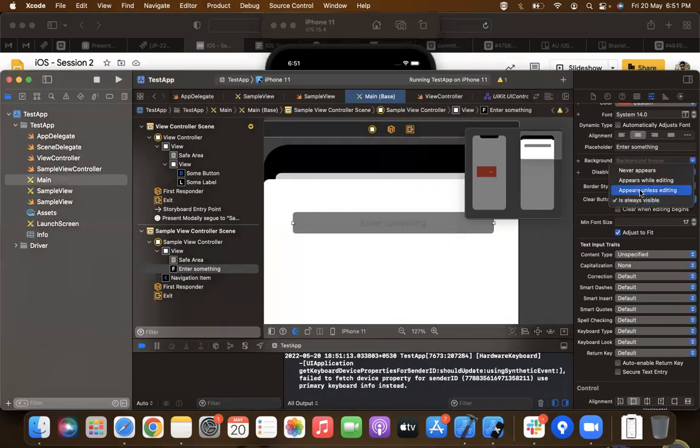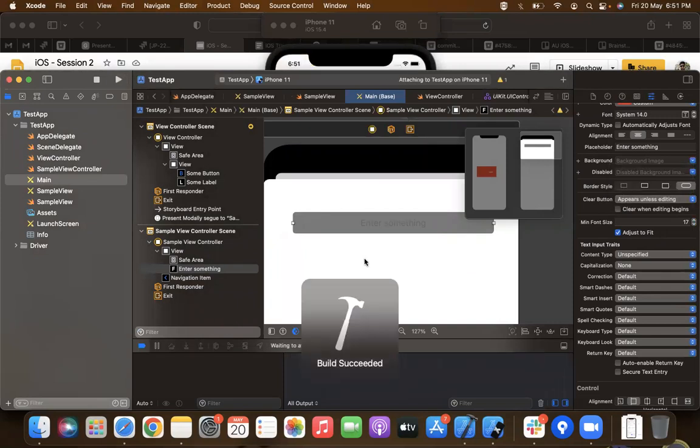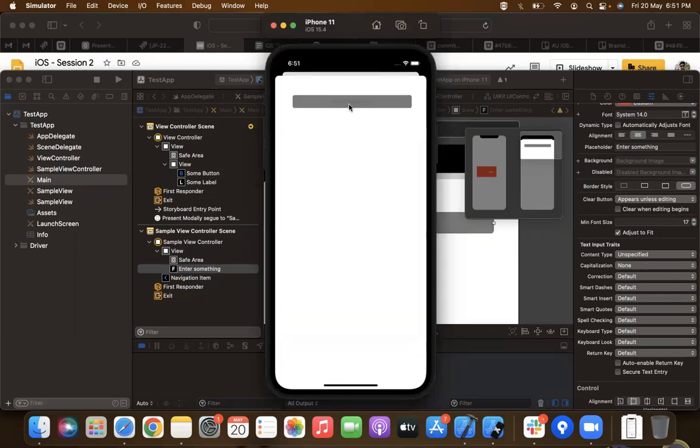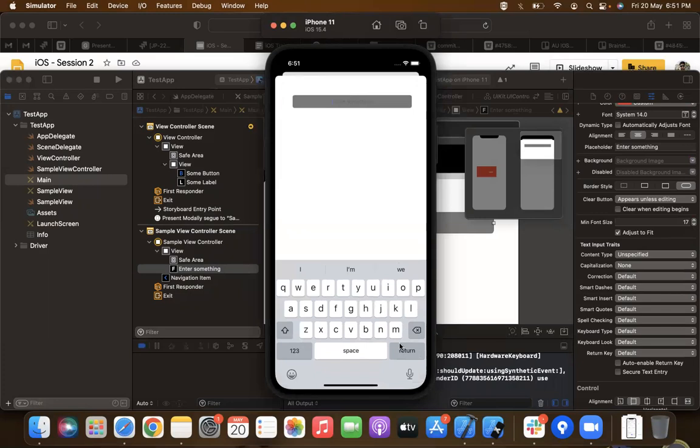Okay, and if you select appears unless editing, during editing it will not be visible, but at other times it will be visible. See, on typing it's not visible, right? If I dismiss the keyboard, so the keyboard is not displayed like here. Okay, we have to do extra programming to dismiss the keyboard, on click of this return or on any touches outside that. Okay,